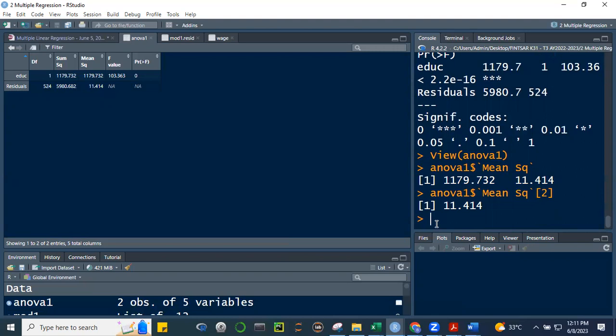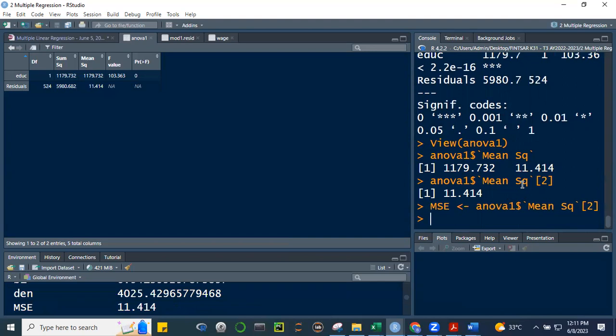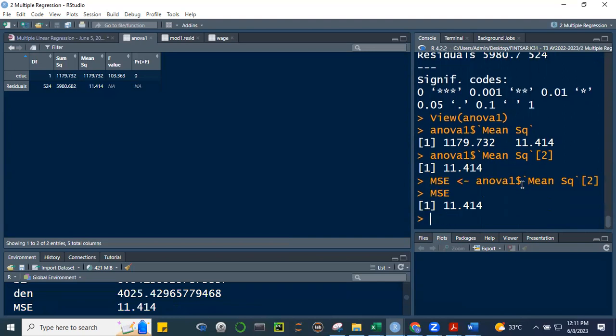This class is the MSE. Let me call this MSE, mean square error. I gave it a name, class. Enter. MSE, print, 11.414. Okay? And then,